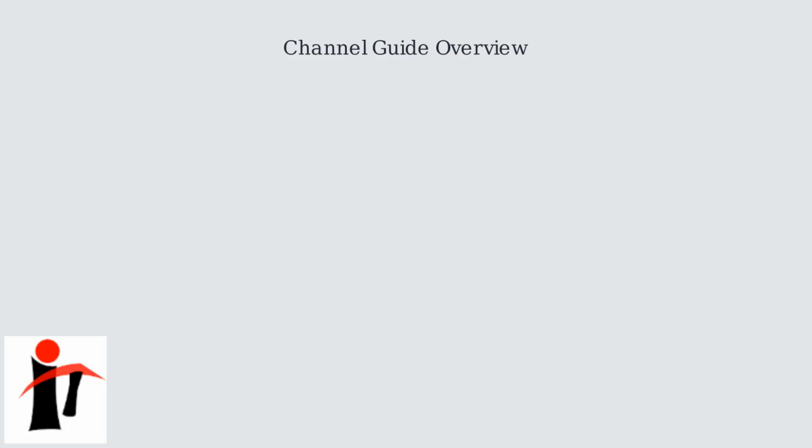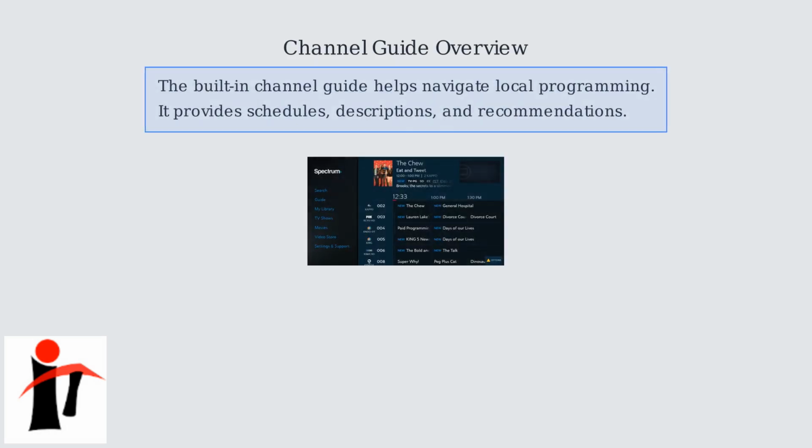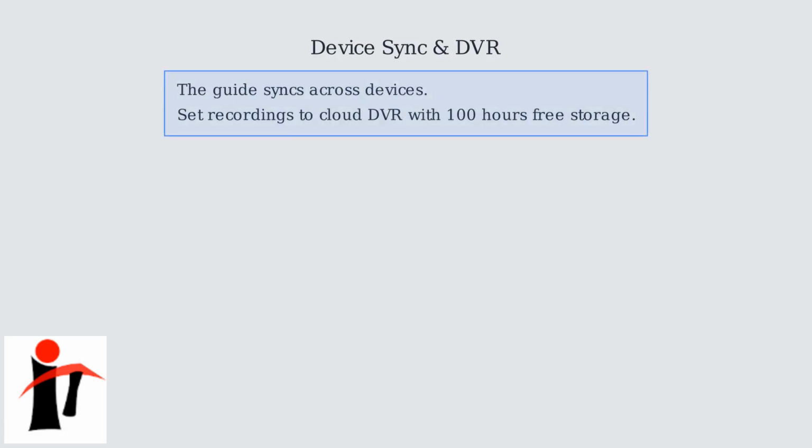The Spectrum TV app's built-in channel guide is your key to navigating local programming. It's interactive, providing schedules, descriptions, and even personalized recommendations. The guide syncs across your devices, allowing you to set recordings to your cloud DVR, which offers up to 100